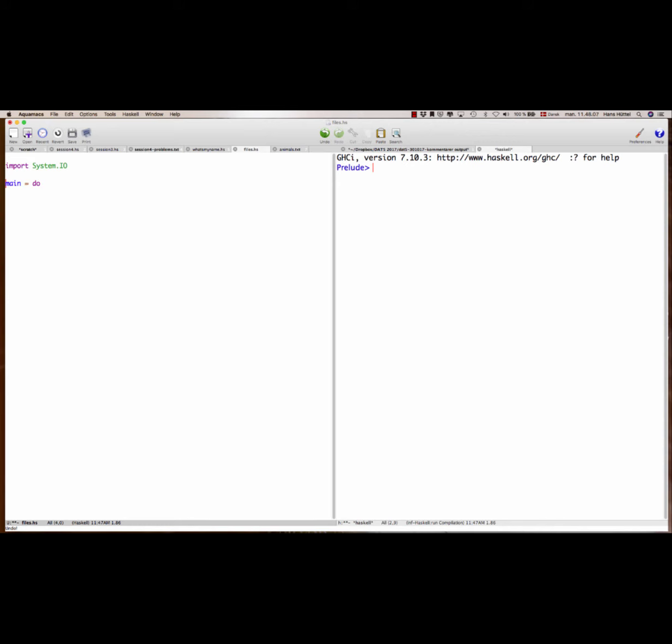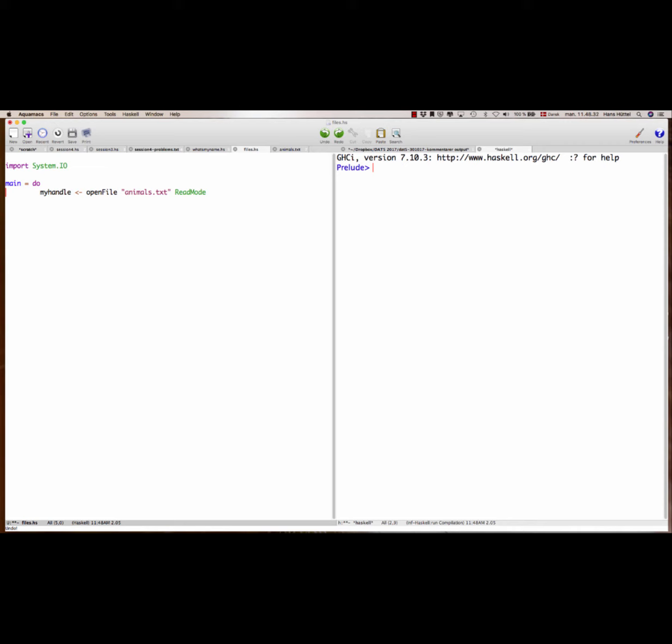I'm going to write a sequence of IO actions that do what it is I want to have done. So the first thing I do is I want to open the file animals.txt, and I want to open it in read mode. In Haskell, this means setting up a file handle. So first I create a handle called myHandle,